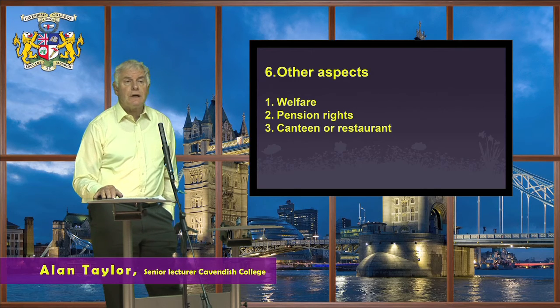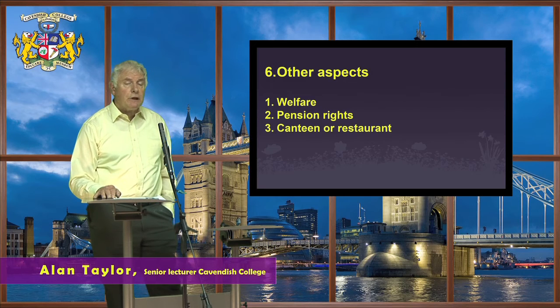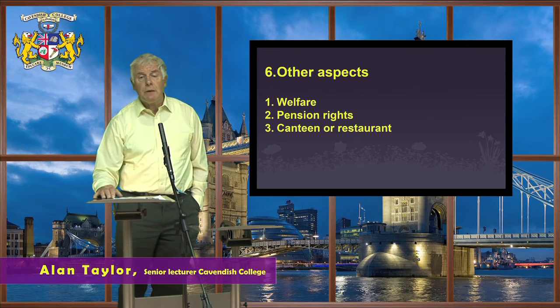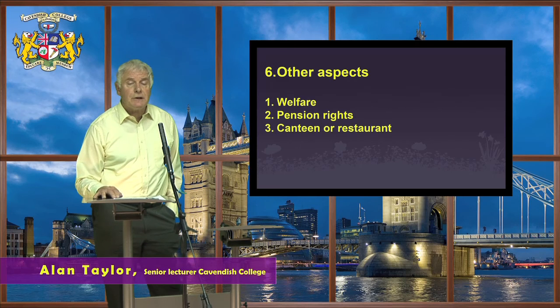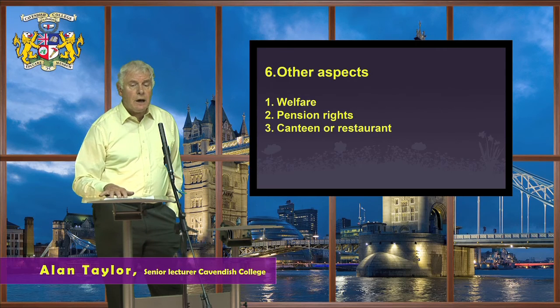Also, pension rights. If someone works for a company for many, many years, they deserve to be looked after in retirement. And there are various pension schemes. There are pension schemes that they can put money into, and the company itself can match that amount of money. And that money can build up over the years and be money for them on retirement, partly as a lump sum and partly to be paid to them on a monthly basis. The government of the UK are currently considering introducing new schemes on this, so there might be changes there quite soon.